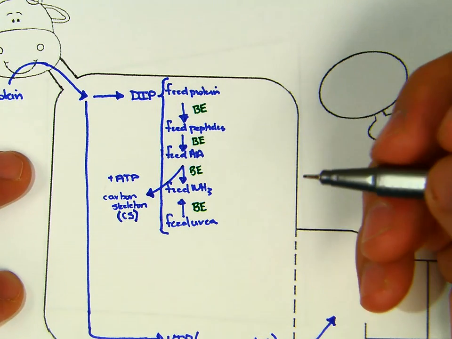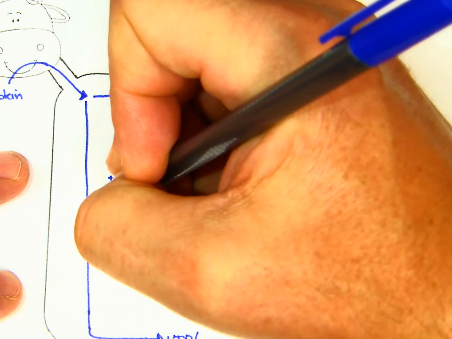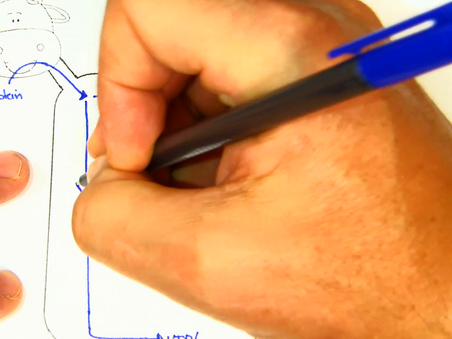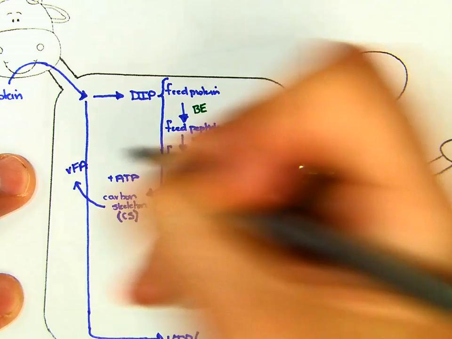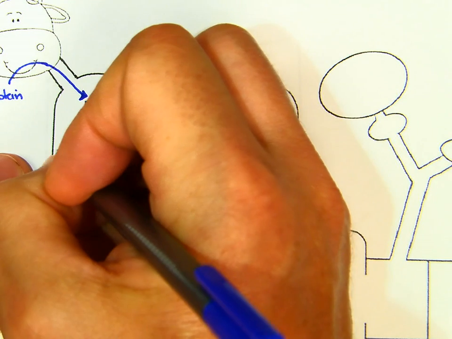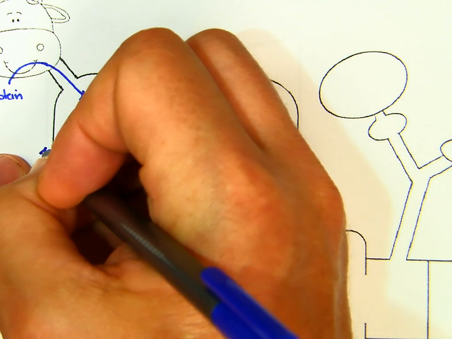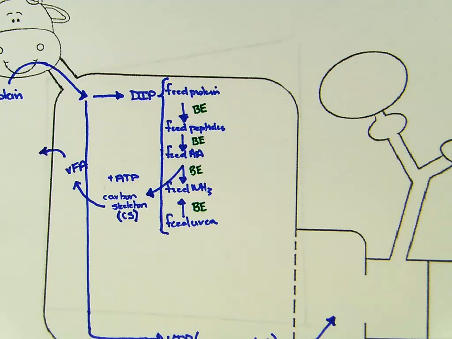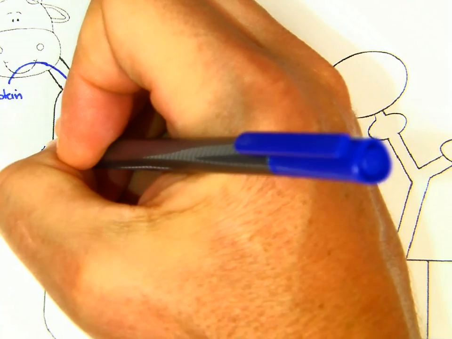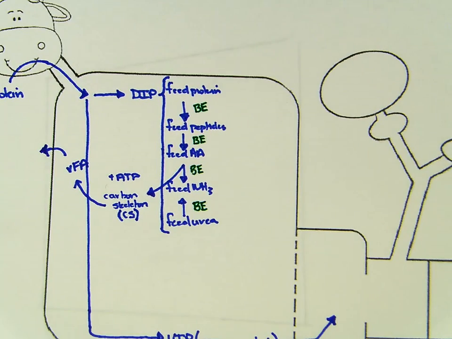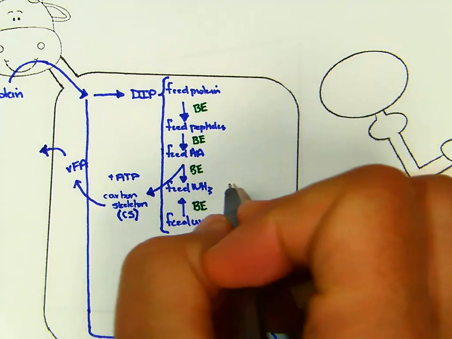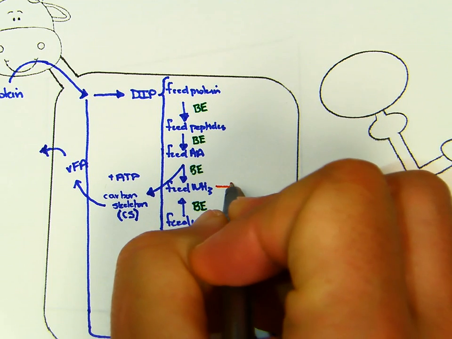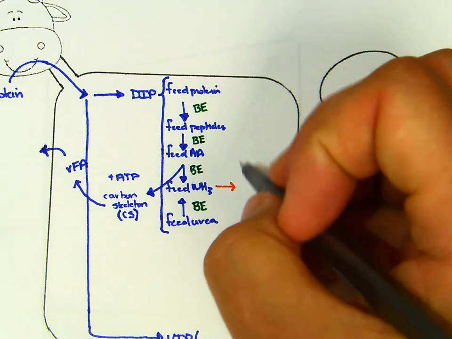Important thing to keep in mind about this carbon skeleton is this carbon skeleton is also a VFA, and VFAs get absorbed, as we learned last time, and can provide energy to the cow. Okay, and when they get absorbed, they go to the blood, through the blood to the liver. Okay, the feed ammonia can enter the ammonia pool,